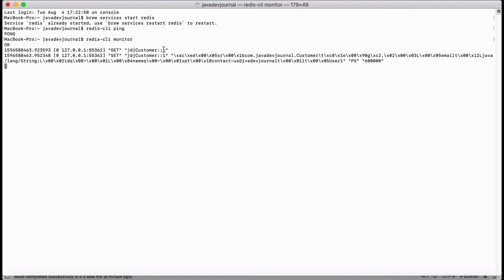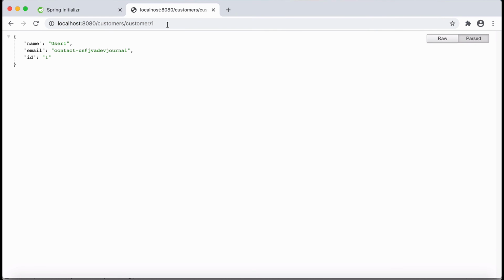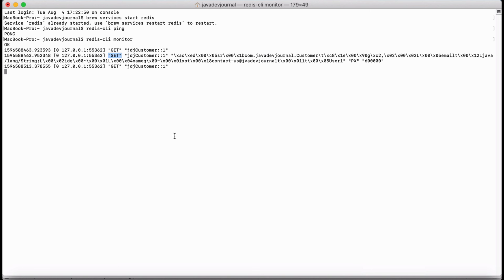So what happened is there was a call from Spring Boot which says give me the information for this ID. That's the prefix I was talking about, and that's the key. Since it didn't find that one, our method got called, there was a response, and it's setting it into the cache. Now, to give you an idea, I'm going to request for one again.